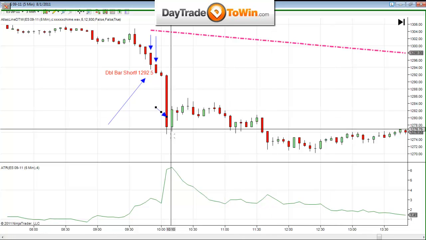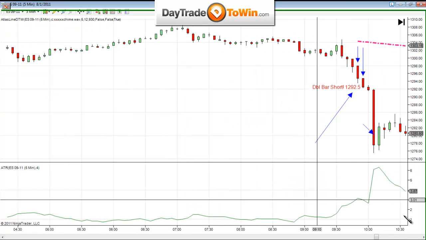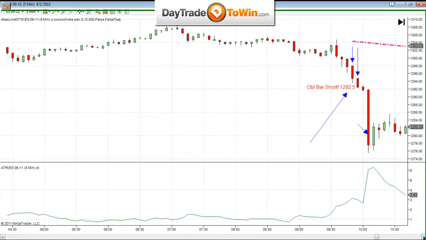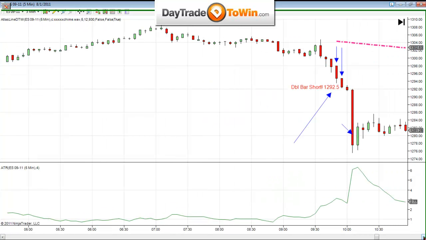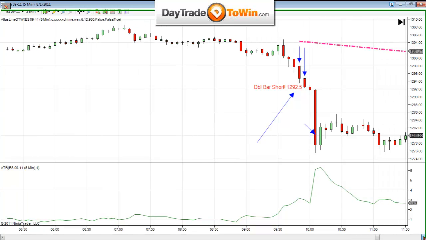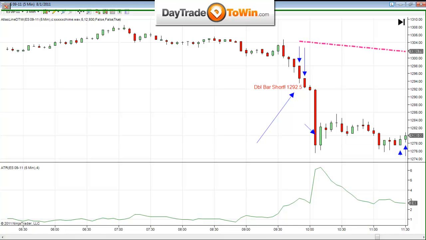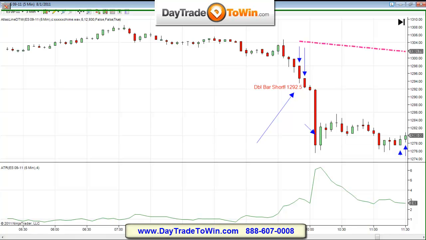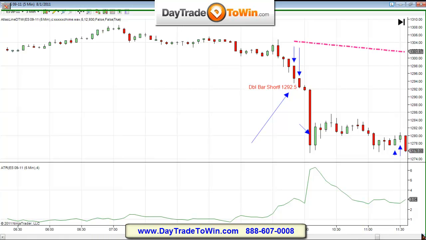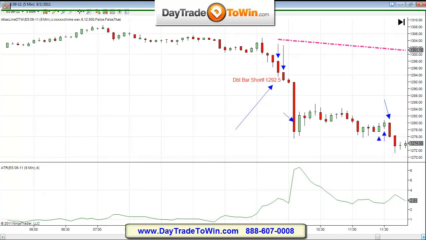Pullback. Does anybody see a pullback here? Here, I'll go bar by bar. Tell me what you think, guys. 2 consecutive green candles. Wouldn't that fit the ticket right there as far as the rules go? Absolutely. That's our entry right there. All right. There you have it.